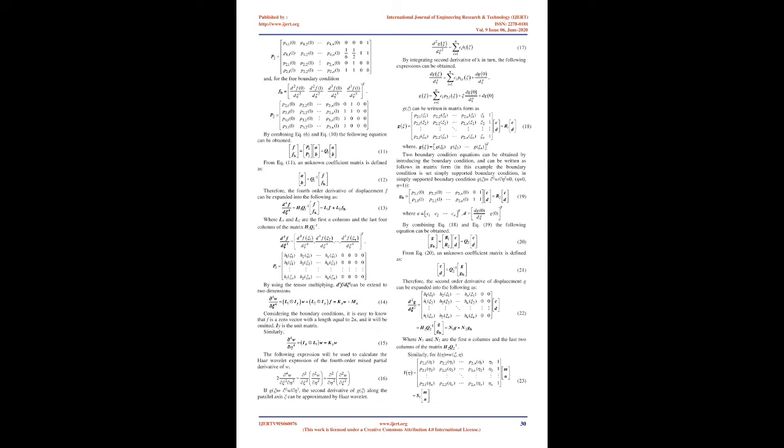2. Application of HWDM. Haar wavelet, which is a group of square waves that has size of +1 and -1 in some intervals and has zeros elsewhere, is one of the simplest compactly supported orthogonal wavelets among the wavelet families. The details of Haar wavelet series and their integrals can be found in the following references 25 to 28. HWDM is used to discretize the derivatives in entire governing equations including boundary conditions. Since the Haar wavelet series is defined in the interval 0, 1, firstly, in order to apply the HWDM, a linear transformation may be introduced for coordinate conversion from length interval 0, L of the rectangular plate to the interval 0, 1 of the Haar wavelet series,